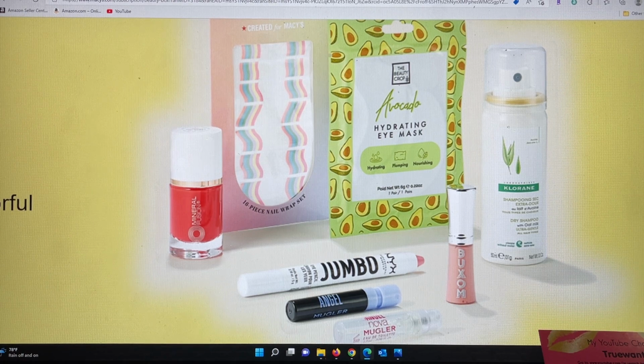So this is going to be the MACYS June box, and it appears that it will include from Mugler the Angel Eau de Perfume sample, the Mugler Angel Nova Eau de Perfume sample, the Beauty Crop Avocado Nourishing Hydrating Eye Mask, and that eye mask alone, when I did the research, is $6. Then they have from Mineral Fusion, the nail polish. And then we have from Buxom Cosmetics, a lip gloss mini. Then from NYX, we have the Jumbo Eye Pencil, which it looks to me would be full size, and that's also around $6 retail. And then we have from Chlorine Laboratories, their dry shampoo with oat milk,